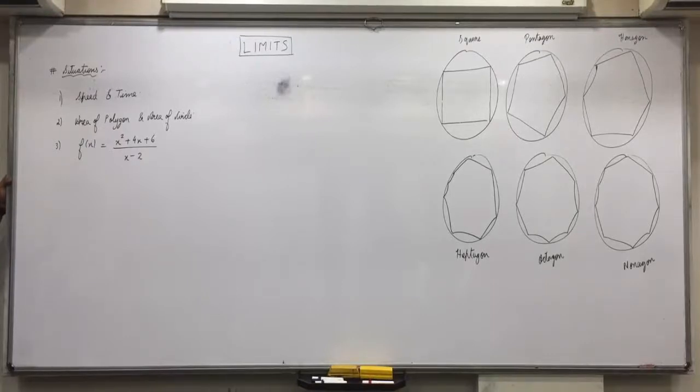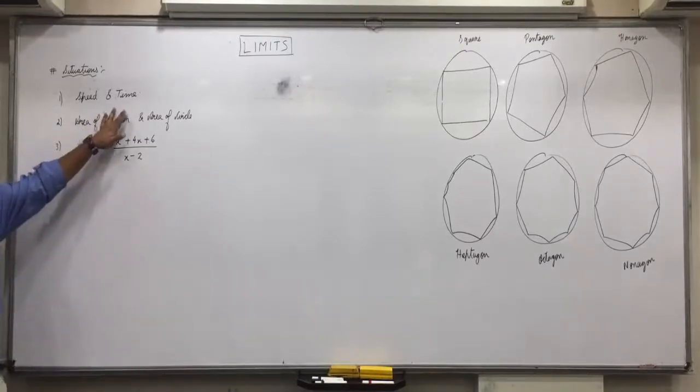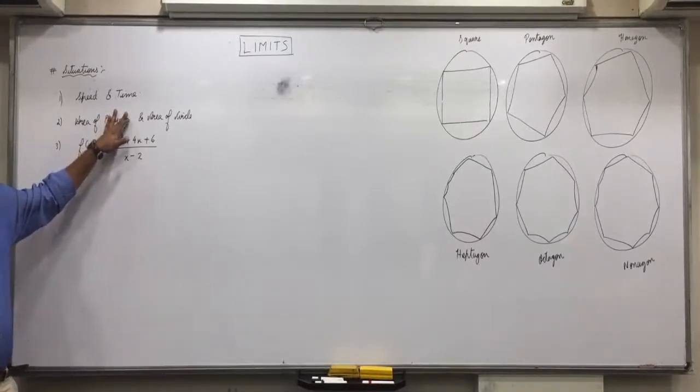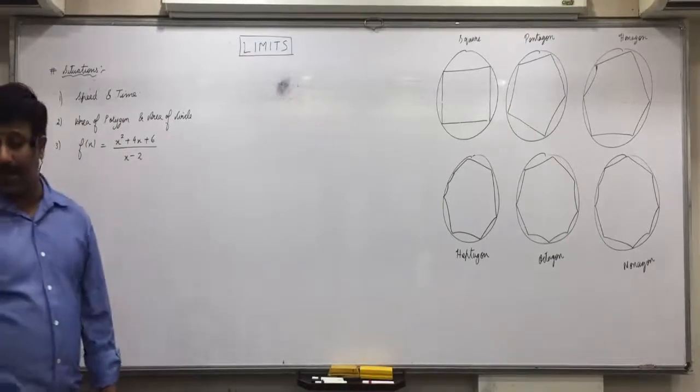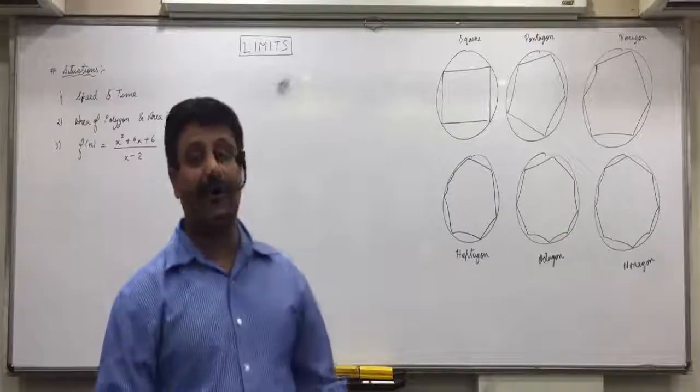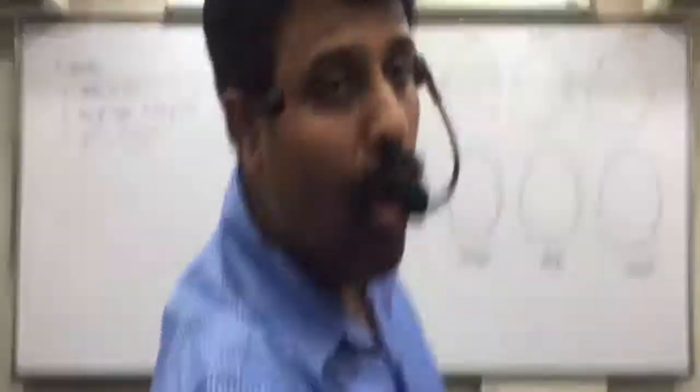Like pi r square. The answer is approximate, but you'll be confident with the area of the circle. 2 hours is approximate, but you'll be confident that in near about 2 hours you are going to reach. So the value is approximate, but still you are confident with your answers. That is the concept of limit. Is everyone clear with it? So there are two methods in this chapter. One is the tabular method and the other is the factorization method. Tomorrow we'll take up the tabular method and further